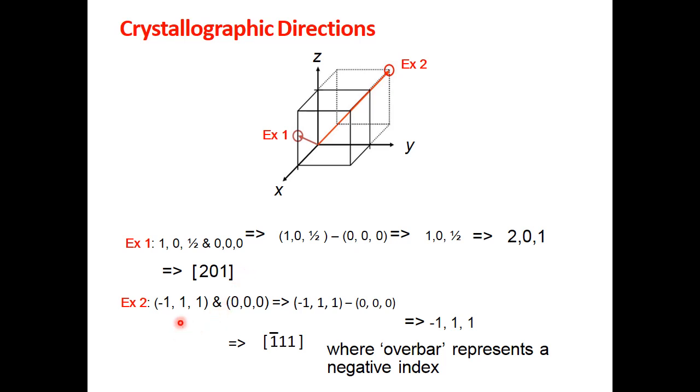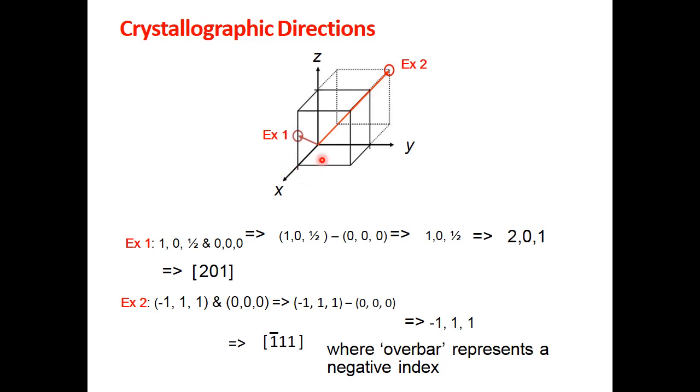Similarly, if you take example 2, the starting point x1, y1, z1 will be 0, 0, 0 itself, whereas the end point or head point for example 2 will be, with the same coordinate system, minus 1, 1 and 1. x2, y2, z2 will be minus 1, 1, 1. Minus 1 because